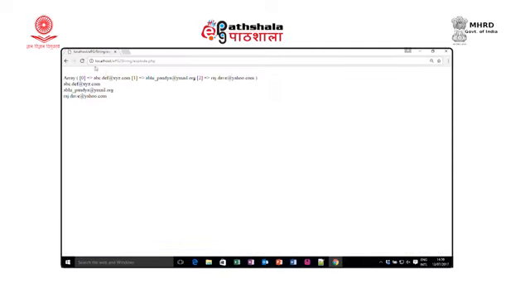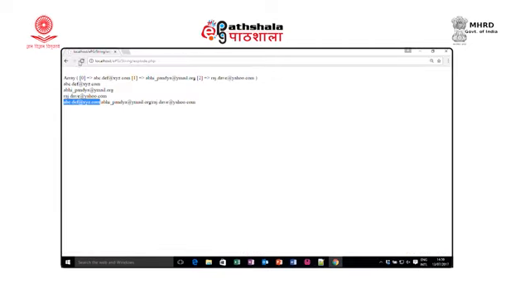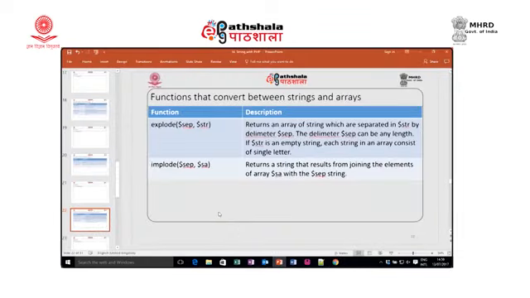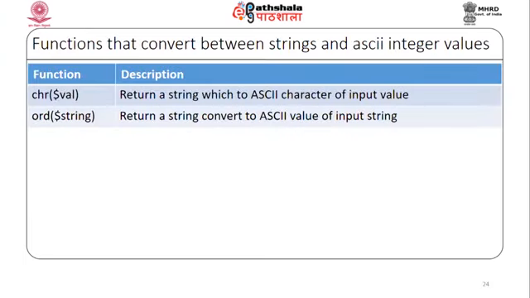So, now you look at here, this is the implode first string, then I use pipe symbol. You can use any symbol, say for example, if you want to use pound symbol, you can use pound symbol as well, because it just displays your string that way, right. So, these two functions are very handy when you work with arrays: explode and implode.